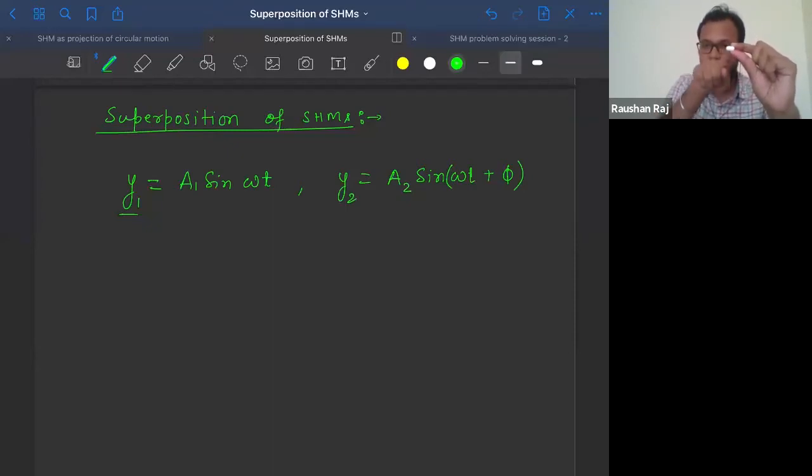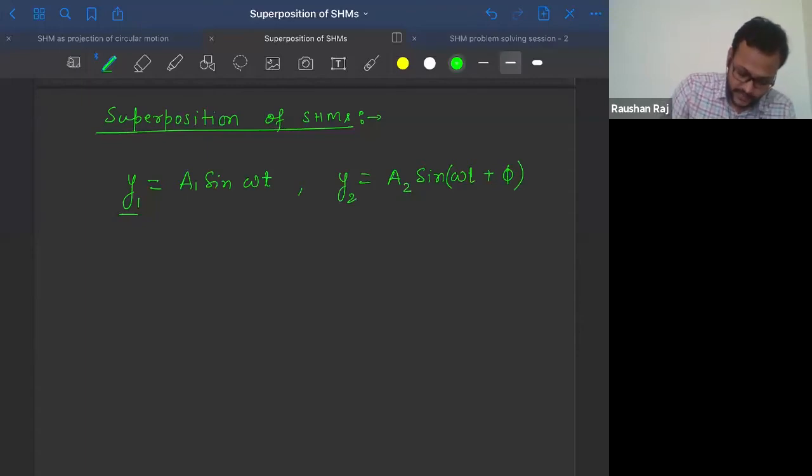If you can observe, the amplitude is bigger here. Now there is one other oscillator which is trying to oscillate in this direction with a smaller amplitude. So what will be the effect of these two oscillations? If I ask you to combine these effects and give me the resultant motion of the particle, if we give two oscillatory motions to a single particle, for that we use the principle of superposition.